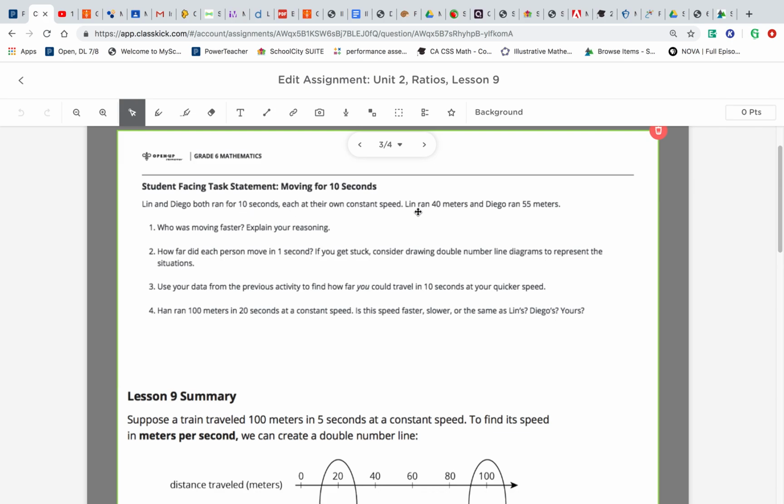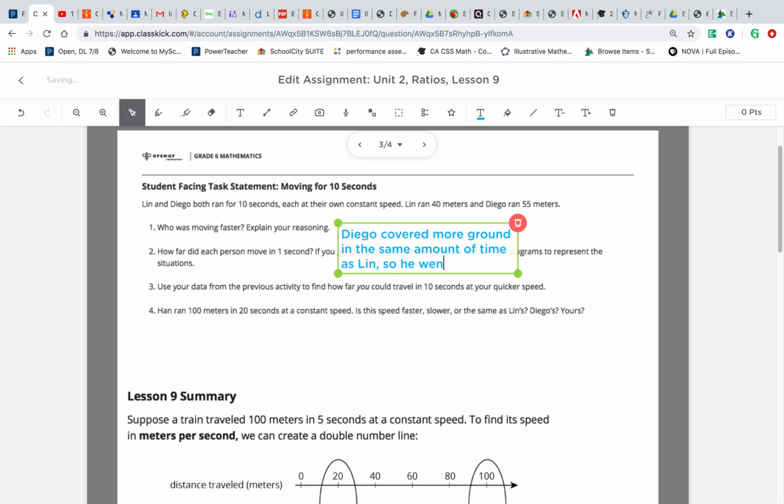Let's see here. If they both ran for the same amount of time, they both ran for 10 seconds. Lynn made it 40 meters. Diego made it 55 meters. Okay, so if they both ran for the same amount of time, then the fact that Diego went further means that Diego was going faster. Okay, so we can say that Diego covered more ground in the same amount of time as Lynn,